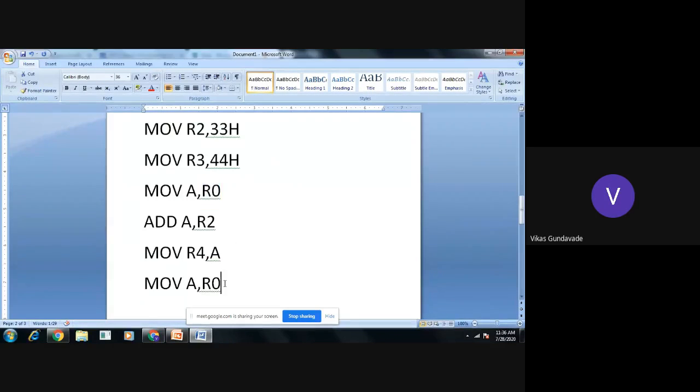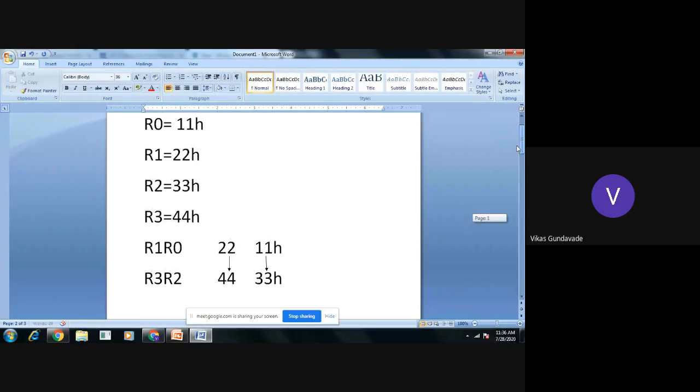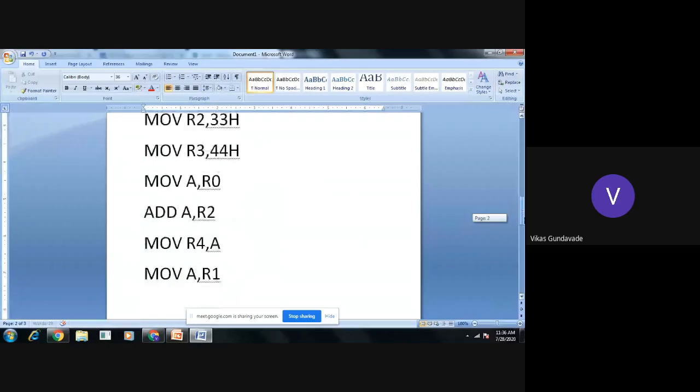The higher 8-bit number is available in R1. And here we will directly add the second higher 8-bit number, which is available in R3.